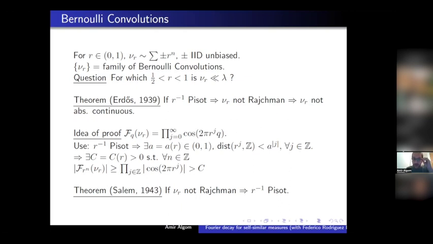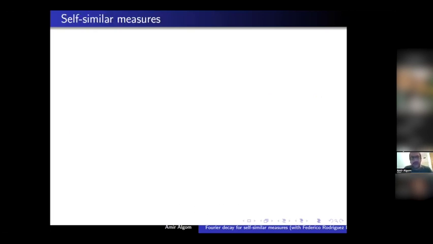Let me also comment that for a very long time, the research has been focused on ideas similar to this. So you look at this infinite product and you use algebraic ideas to either bound it or show it is unbounded. There's the Erdős-Kahane argument that I'll mention later that also uses some kind of an idea like this. Anyway, this brings us to the topic of self-similar measures that were actually defined in Dejeune's talk, but still, just